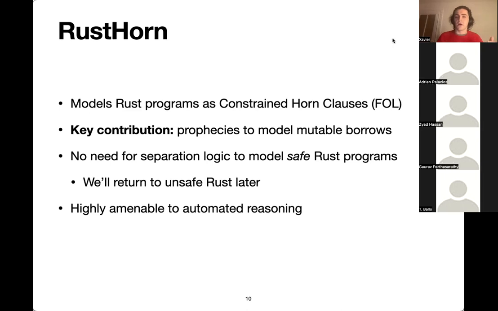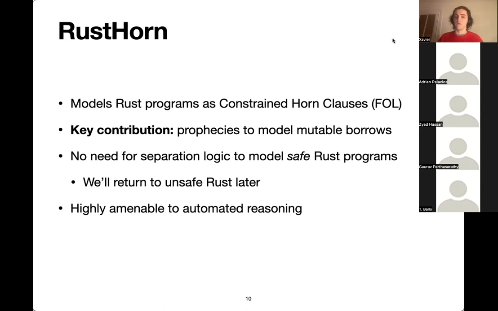And because of this property, we can use this trick of prophecies to represent mutable borrows. It eliminates the need for all the same heavyweight tools that we usually find when dealing with imperative program verification. So we don't actually end up needing to use separation logic at all to model our safe Rust programs.